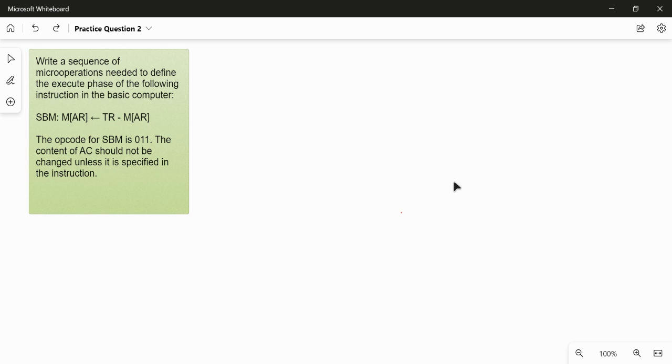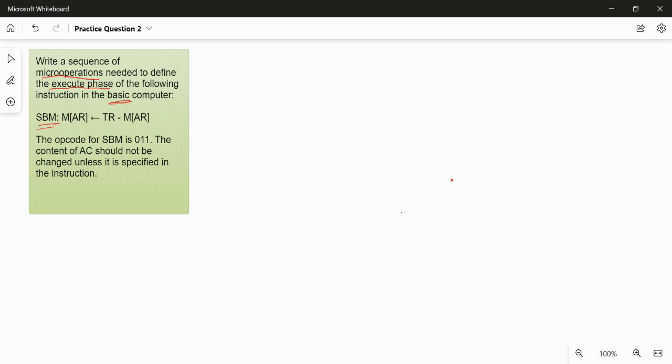Let's solve a question related to the basic computer. So the question is: write a sequence of micro operations needed to define the execute phase of the following instruction in the basic computer. SBM is the symbolic name of the instruction, and this instruction is to be defined